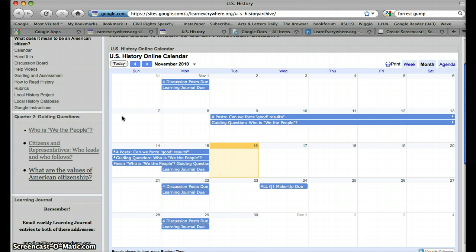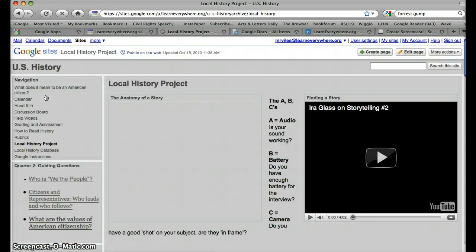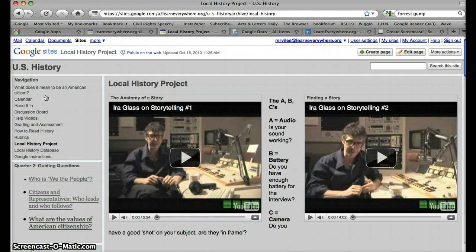But essentially, the idea behind the project, and it's described here on this tab, is that you students will go out and gather primary source materials, primary source documents about events in history in the United States. What does that mean? Well, a primary document is a first-hand account, a first-hand document. A photograph can be a primary document. An interview can be a primary document. A primary document is something that comes from the period or is a direct result of the period or a witness to a period in U.S. history.